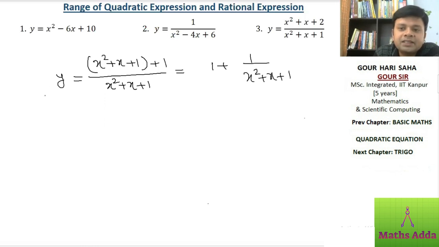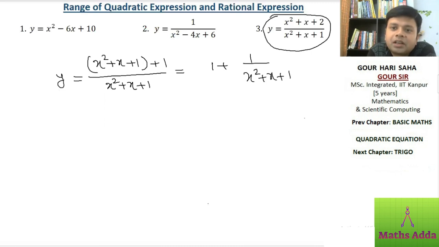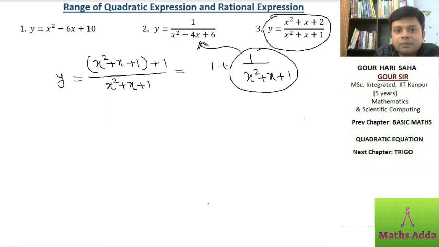See, maths is more than 90% observation. So when a question is given, you must observe how terms are connected, what pattern we can find there. So in maths, if you can find the pattern in a better way, you are a good mathematician. Right now, see, if I do it like this, it becomes simpler. Now 1 is constant, I need to focus on this one. And how can I find this one? Using the same method we used here, right? So let's do it. x square plus x plus 1.